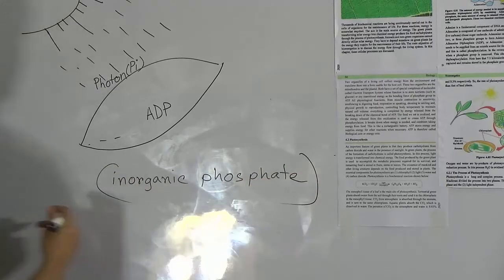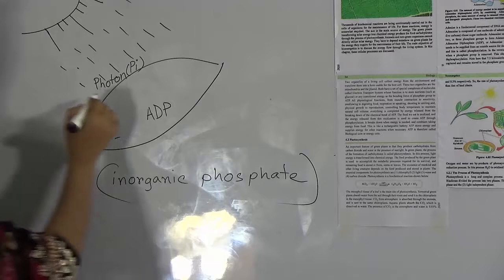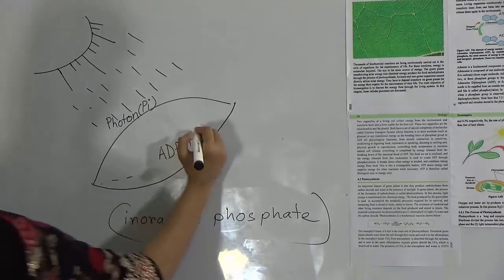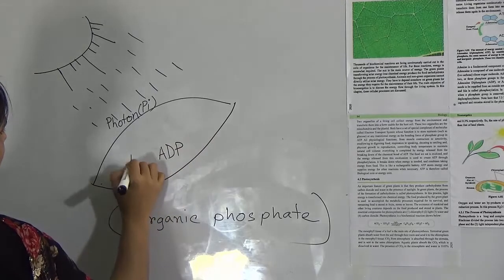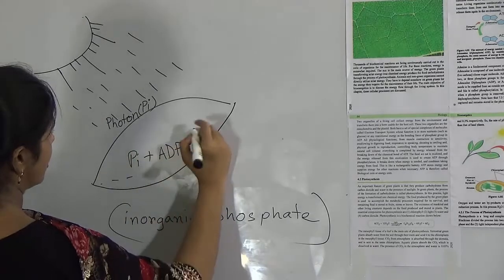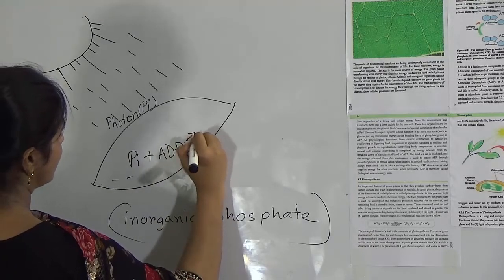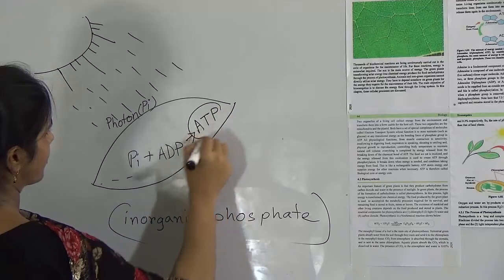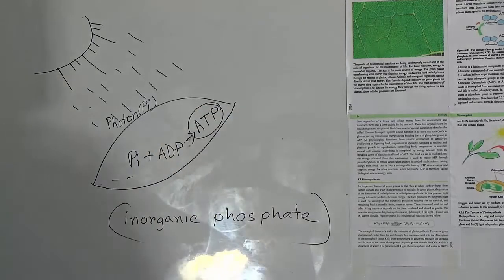In the sunlight, provide with the photon the inorganic phosphate. The ADP and inorganic phosphate join and it produces ATP. And I have told this chapter is related to photosynthesis, and in the introductory part,